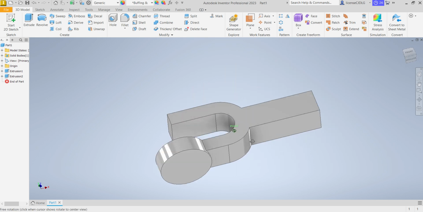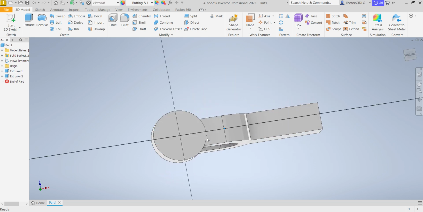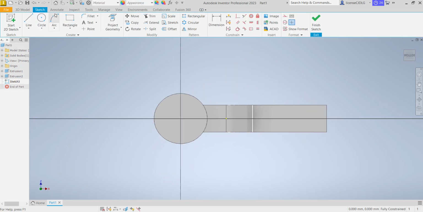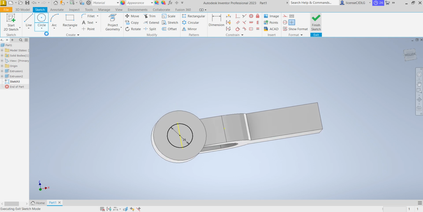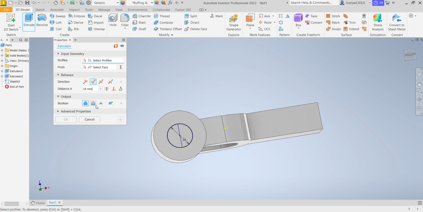Then select this surface, sketch, circle, diameter 25 mm. Finish sketch, select extrude. So remove material, reverse the direction, don't give through, 18 mm is enough. Okay,